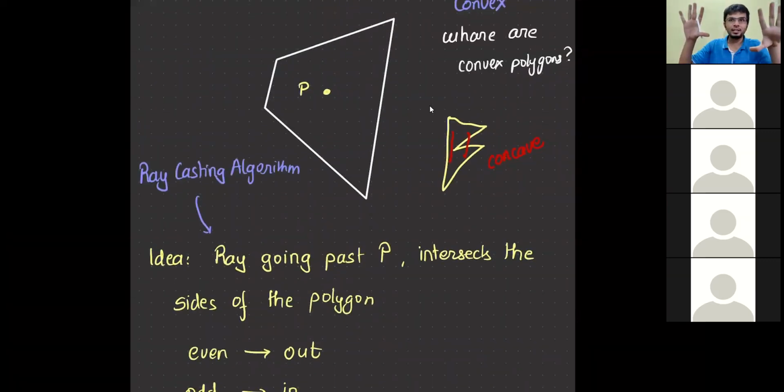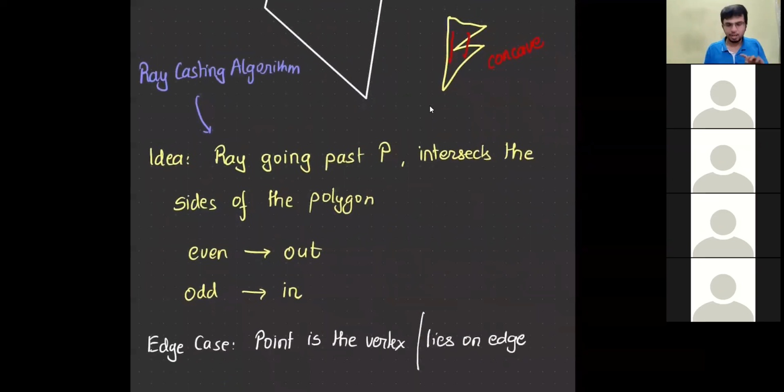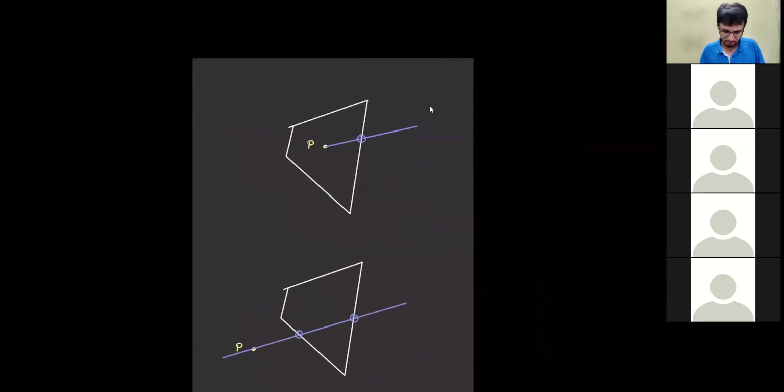Does point P lie in the polygon or not? You cast a ray from point P going horizontally towards the right. If the ray intersects the polygon an odd number of times, then the point is inside. If the ray intersects the polygon an even number of times, then the point is outside the polygon. Obviously the edge cases, if it crosses a vertex or is parallel to an edge, we'll implement separately. Okay. See, this will make it very clear.